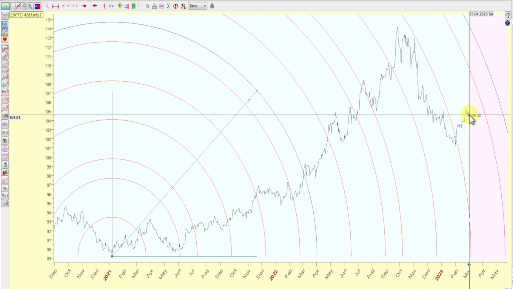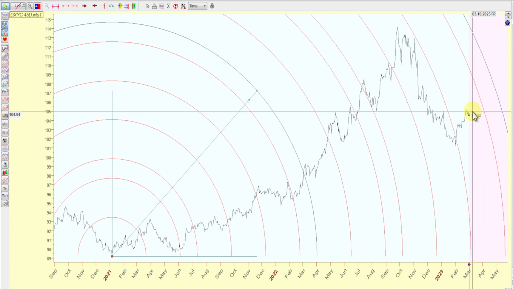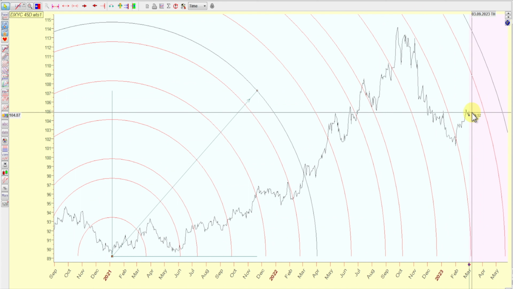But I think this week things are going to start moving. As you can see, it's been going sideways. So something is brewing here on the dollar. So stay vigilant, keep watching it, and whatever plays out, next week we'll look at what developed and see what we can learn from that.